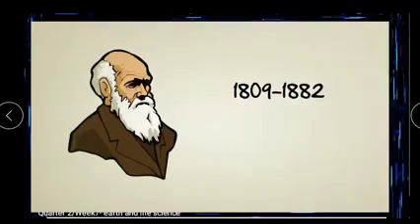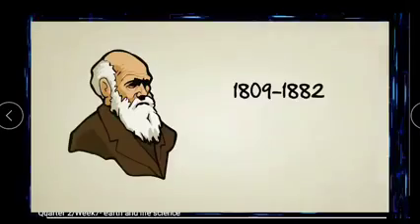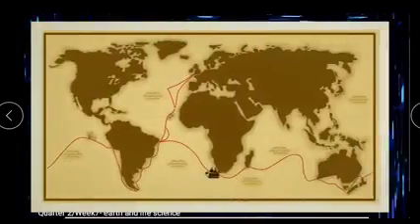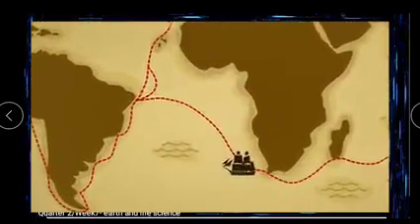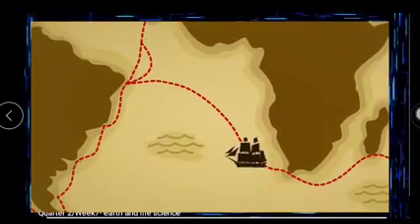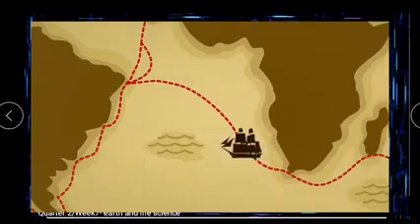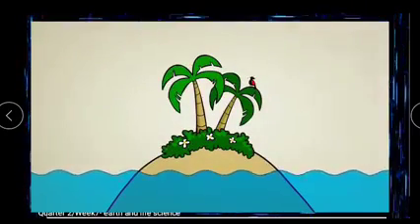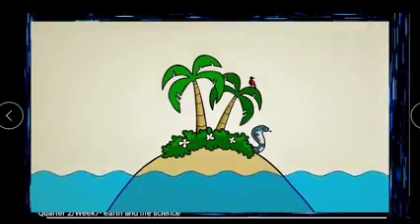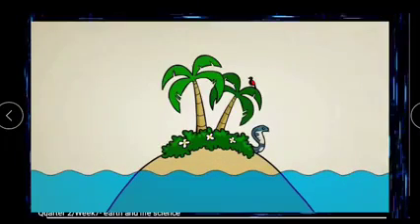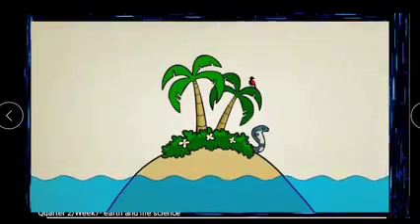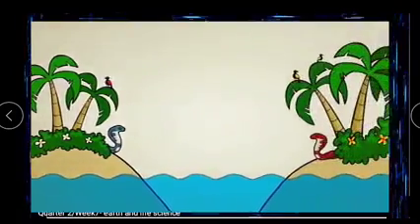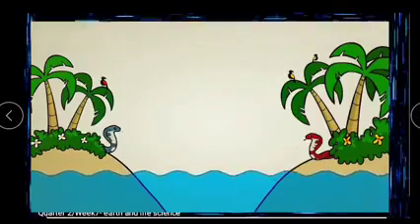Charles Darwin, who lived from 1809 to 1882, was a naturalist, someone who studies nature. At the start of his career, he traveled the world by ship collecting and documenting plants and animals. During his travels, Darwin became very interested in the idea of common descent. He noticed that islands contain species of plants and animals unique to those islands. They can't be found any place else on Earth, but they often look and behave surprisingly similar to the creatures